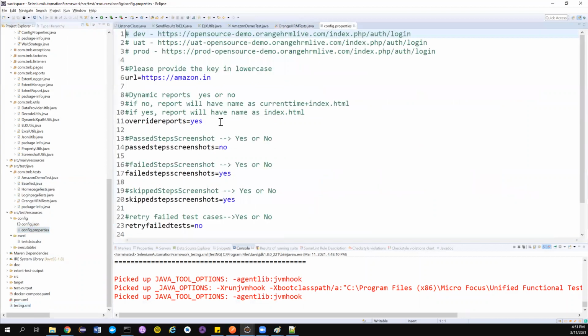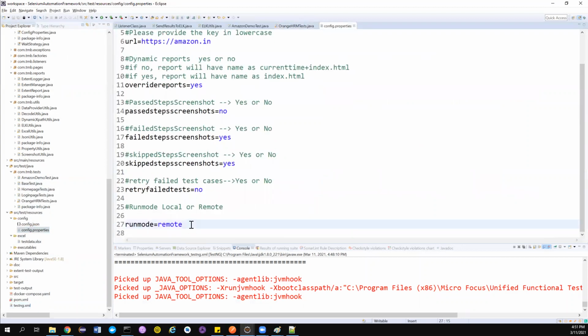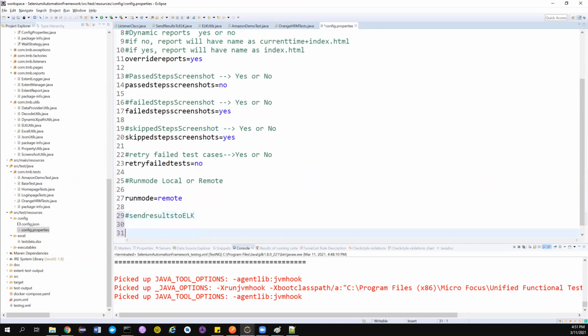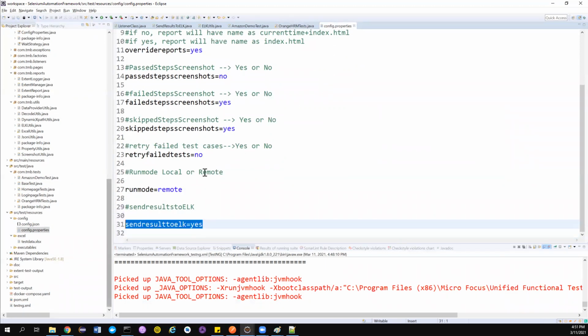If you are watching from the beginning, you know how to do this. Let me create send results to ELK, and set it to yes. If it is yes, only then I want to send.